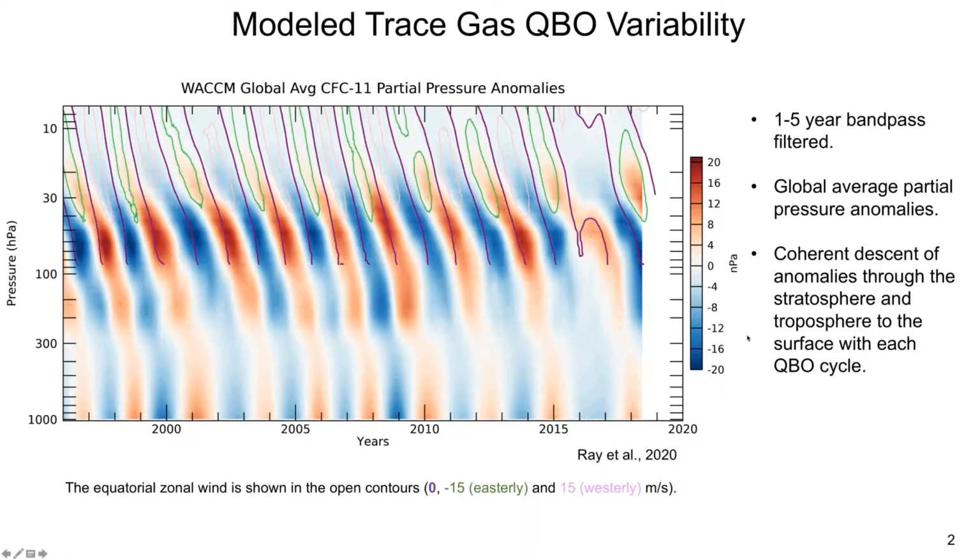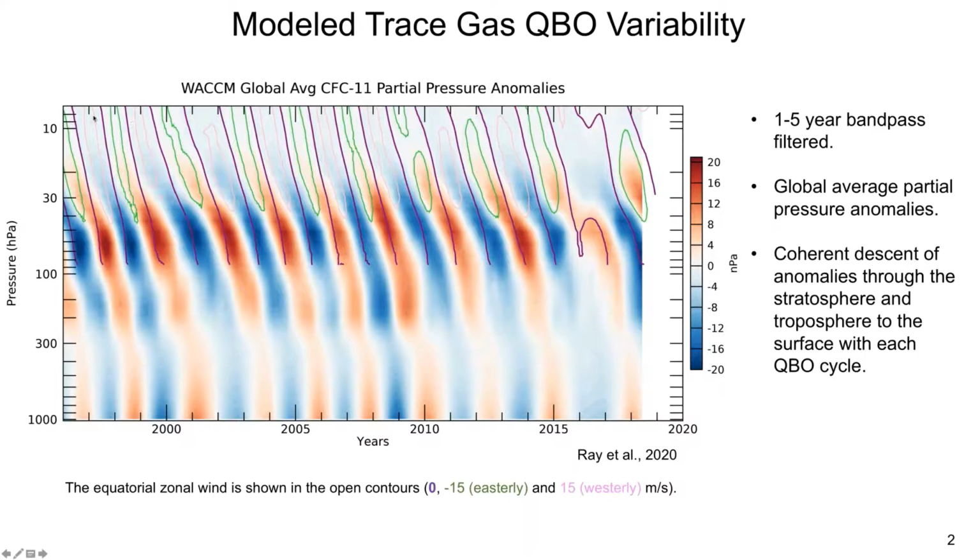Steve has given the motivation here. I'll start though with some model output, because this sort of summarizes the transport features we're looking at pretty well. So I focus on this 1 to 5 year time frame for the anomalies. The reason is that this encompasses the QBO. We know that the QBO is a dominant mode of interannual variability in the stratospheric transport.